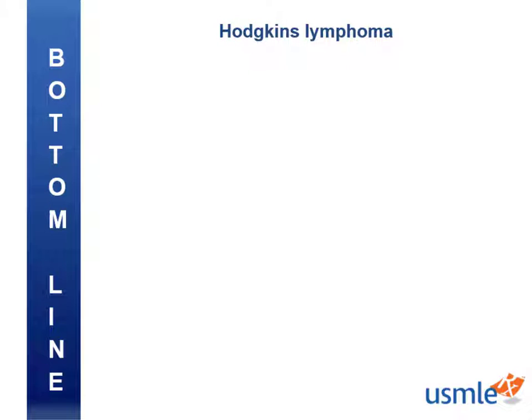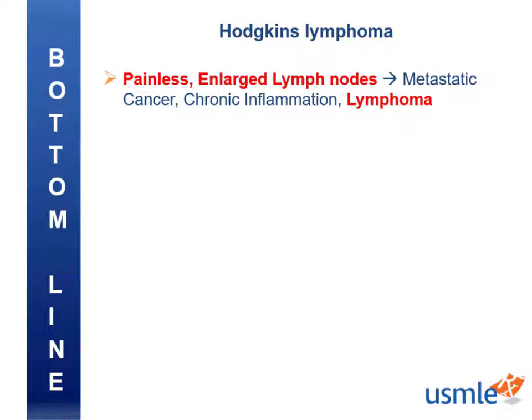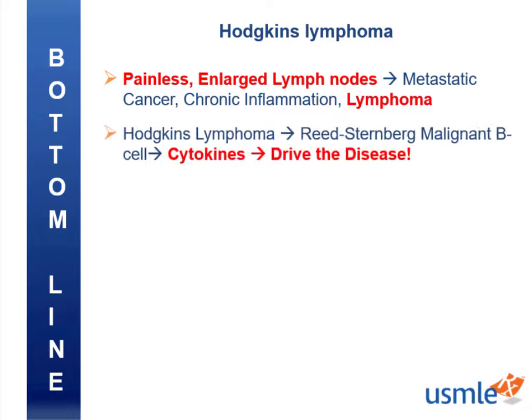Thank you for sticking with me throughout this lecture. Here are a few key takeaways I want to make sure you know for test day. The differential for a painless enlarged lymph node includes metastatic cancer, chronic inflammation, or lymphoma, like Hodgkin's lymphoma. Hodgkin's lymphoma can be caused by Epstein-Barr virus, immunosuppression, and autoimmune diseases that lead to the malignant transformation of a